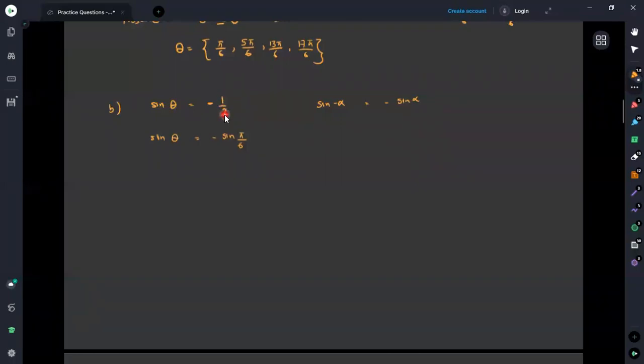Since it is given as half, we can get it as minus sine 5 divided by 6. Then we can say that this is equal to the value of alpha. Here, first I will take this as minus sine alpha, then this would be much easier. Combining with this, we can write this is equal to sine minus 5 divided by 6. Now we can take the value of alpha, which is equal to minus 5 divided by 6.